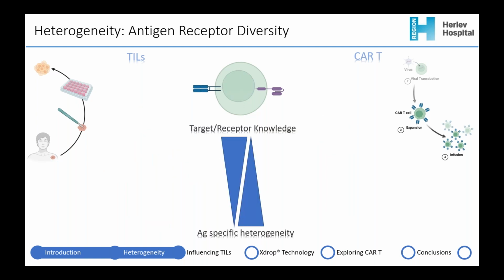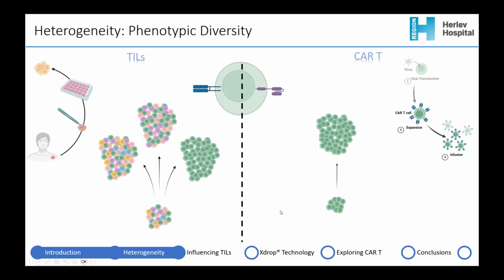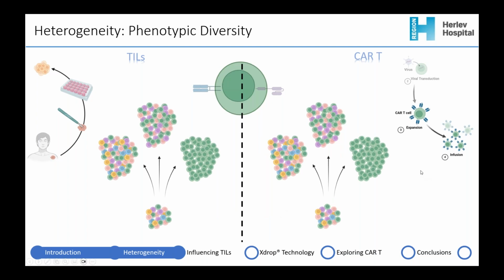So as of now, it's kind of a coin toss: whether we have a lot of knowledge of the receptor and low antigen specific heterogeneity, which would be CAR T therapy, or do we really not know a lot about the targets that the tumor and the TILs are interacting with, but we have a lot of heterogeneity within the populations. So when we switch to phenotypic diversity, this is when the CAR T cells can start looking